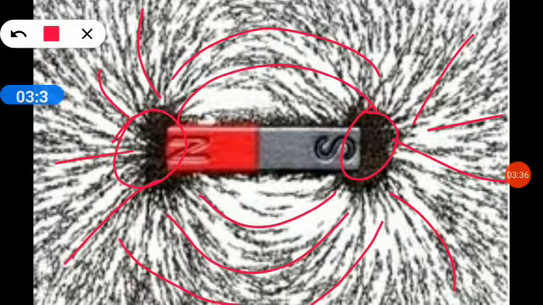So in the activity, the iron filings arrange themselves in the pattern as shown in the figure. The magnet exerts its influence in the region surrounding it. Therefore, the iron filings experience a force. The force thus exerted makes the iron filings arrange in a pattern, and this region is called the magnetic field.